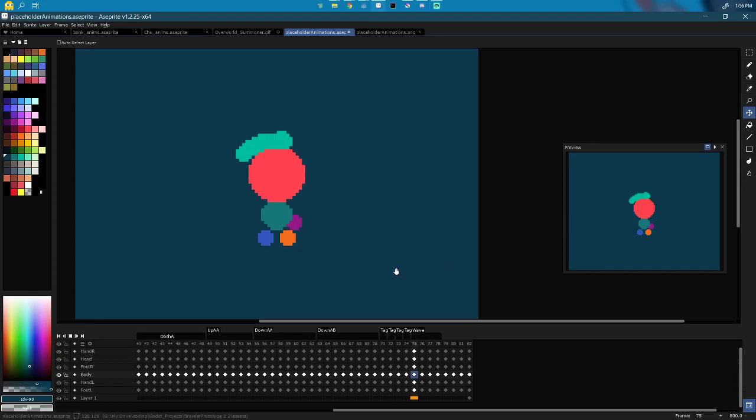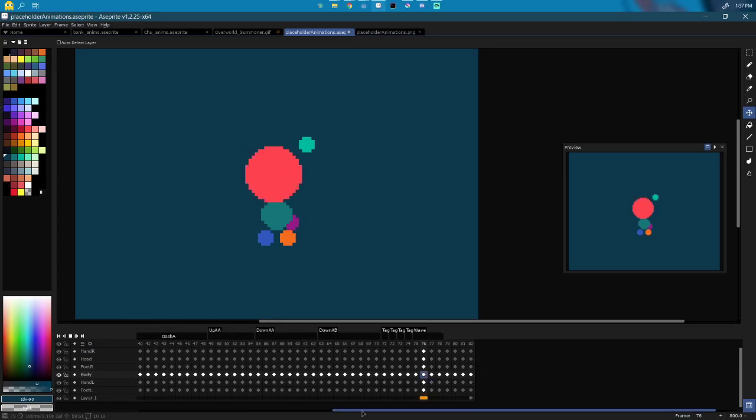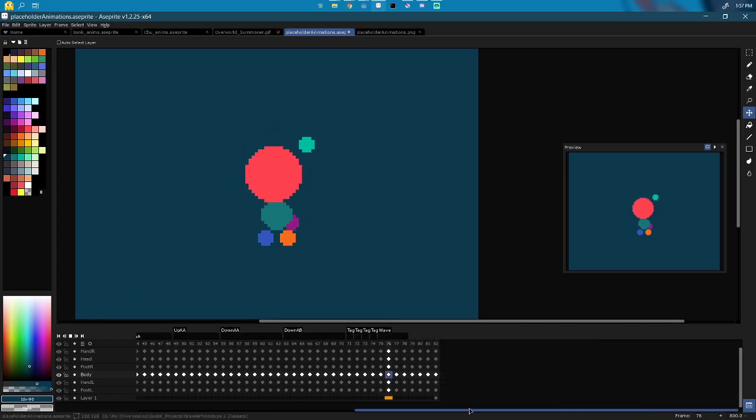Hey everybody, I want to go over how I make new, super simple placeholder animations that fit into the game and not have to mess with them in Godot again afterwards. So let's get started. First, I want to make a new